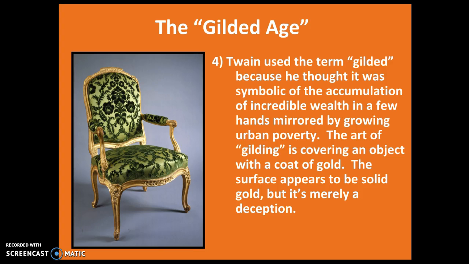And so what Mark Twain meant when he called it the Gilded Age is that for something to be gilded means to take a lesser metal or a lesser material and cover it in gold to make it look better than it really is. That's the art of gilding. And so he talks about the Industrial Revolution as a gilded age because on the surface, it looks very good. On the surface, it makes America a power. It makes us very influential and wealthy. But underneath was corruption. Underneath was inadequate working conditions, inadequate health care, riots and strikes. And so the day-to-day life during the Gilded Age is very tough, but it is something that allows our country to really progress in a very short amount of time.